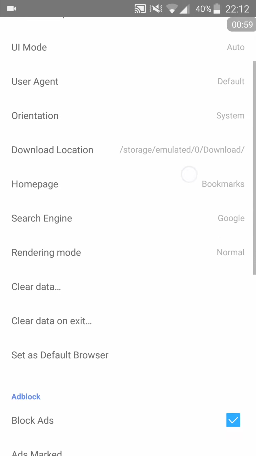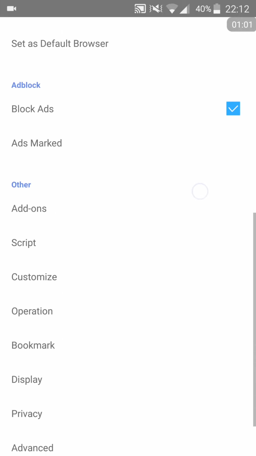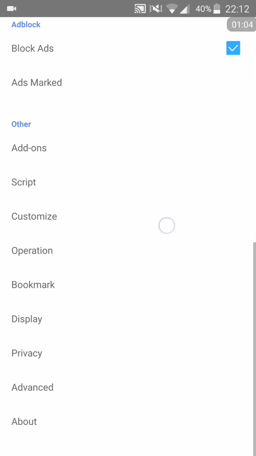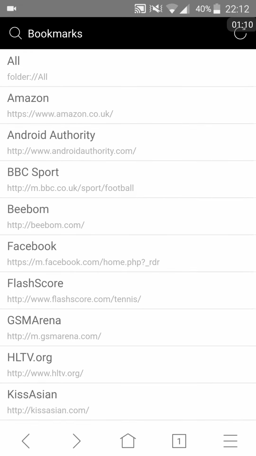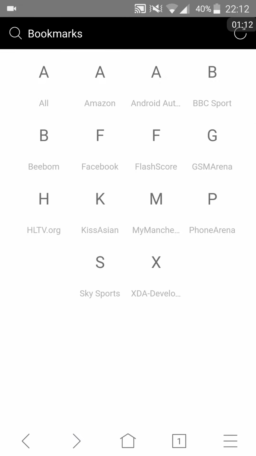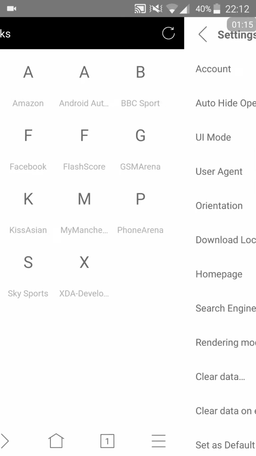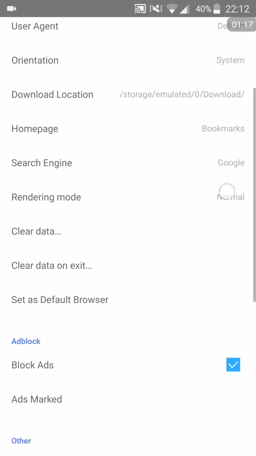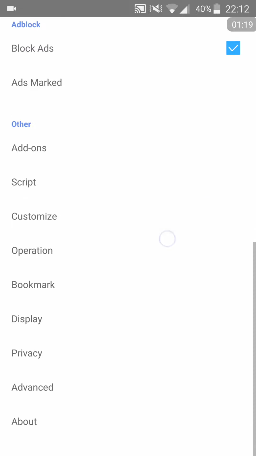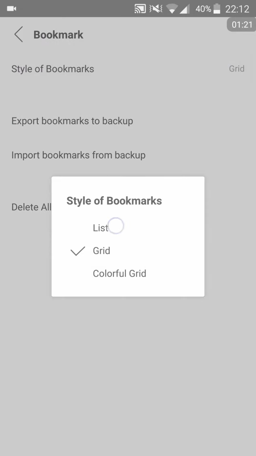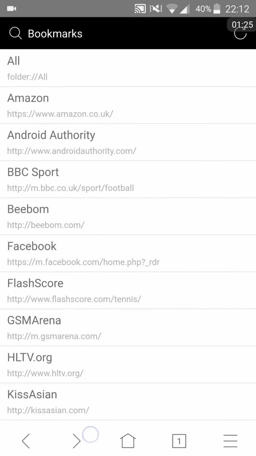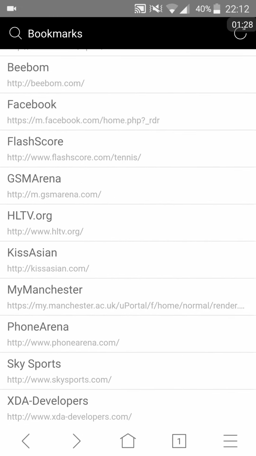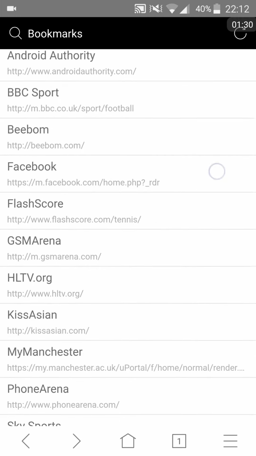I think it's under bookmarks, yeah, that's it. So if you change it, you can have a grid, yeah, it's called a grid. So you can choose between grid, or you can go back to bookmarks, and then you can change it to list, which is definitely more useful. I feel like you can fit more bookmarks onto this, and you can have folders too. So click it and you get to have